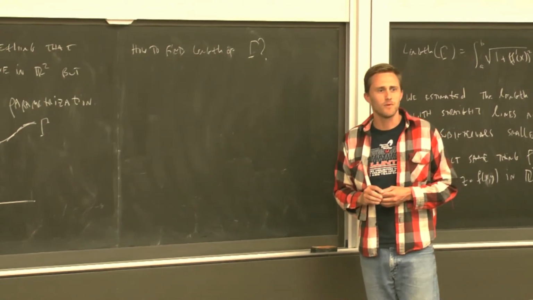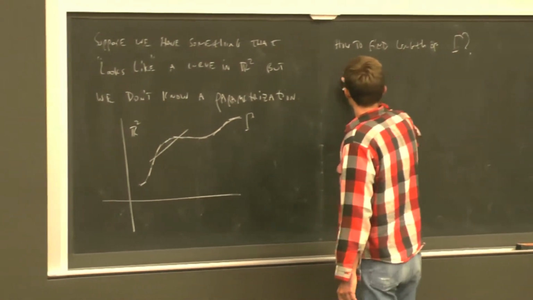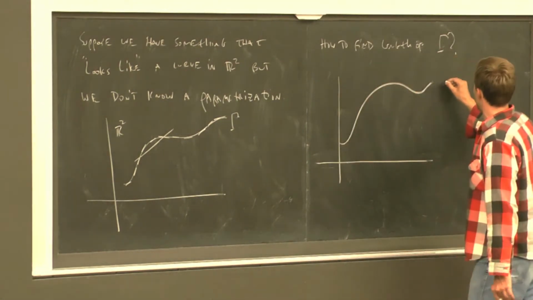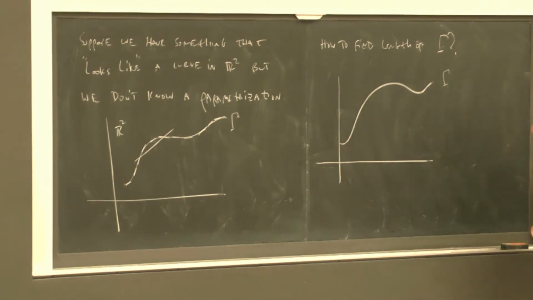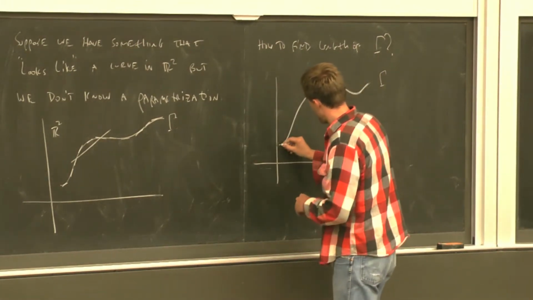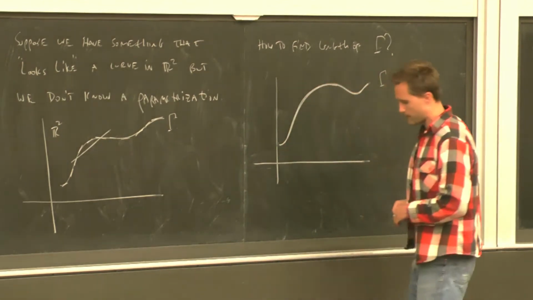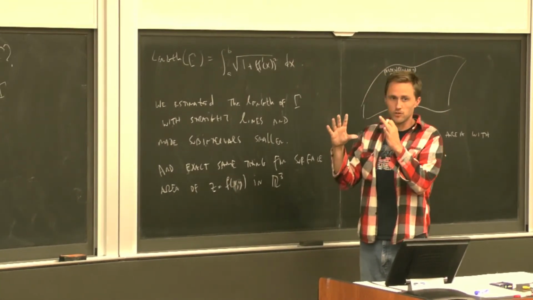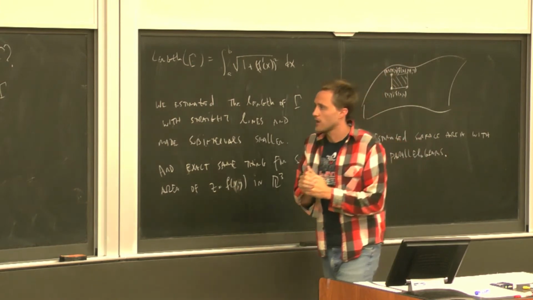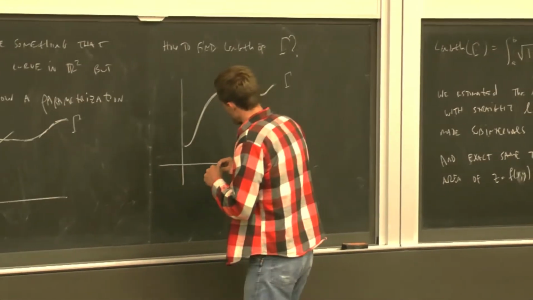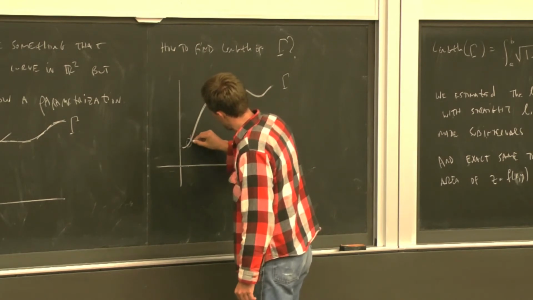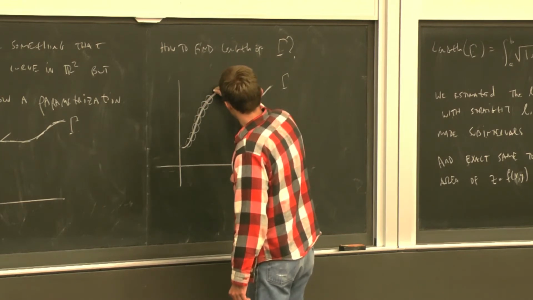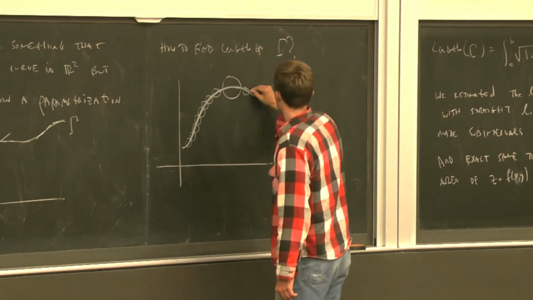So that's the problem. And so the tactic, the secret or the trick. So here's my curve again. When we tried to find an area of a subset in R2 before, we took the rectangle and then we took the area of the rectangle, right? So now the goal is I'm going to cover. It works just as well with rectangles, but I'm going to use balls. I'm going to cover my